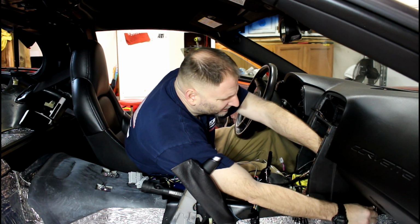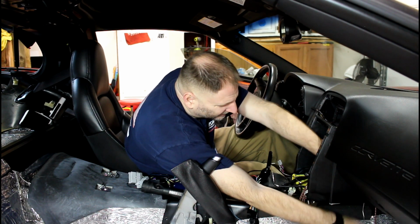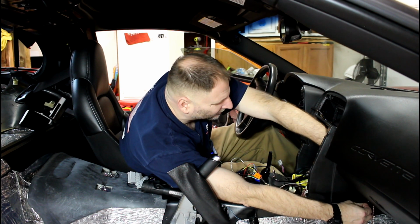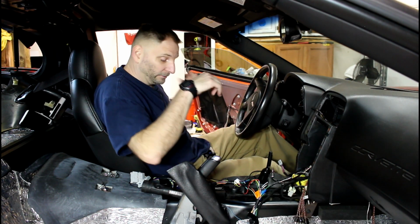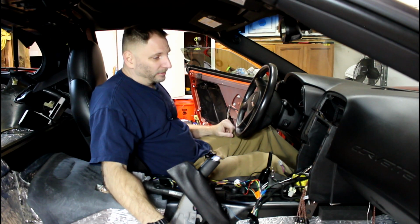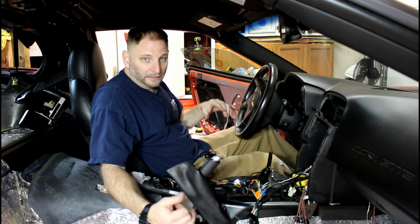As the expression goes, the devil's in the details. With wiring, it's all details. When your system doesn't work right or has problems, wiring problems will drive you crazy because they can be intermittent. Believe me, you don't want that. You don't want to be chasing your tail for an hour or a day trying to find a bad connection